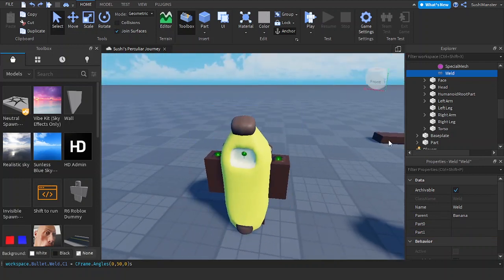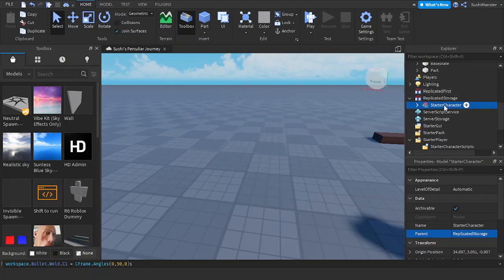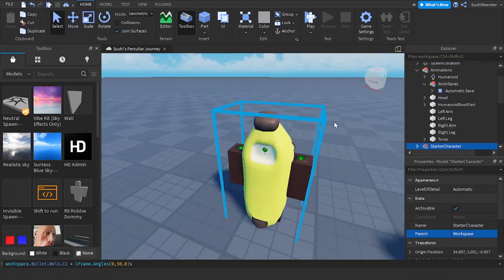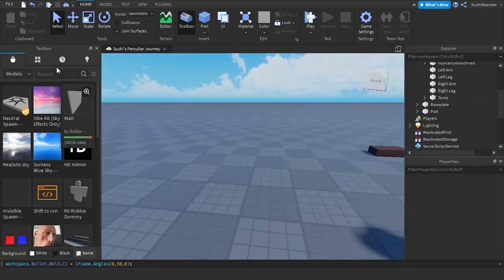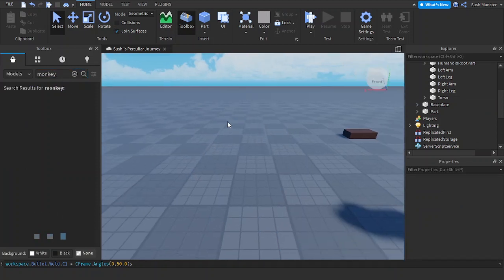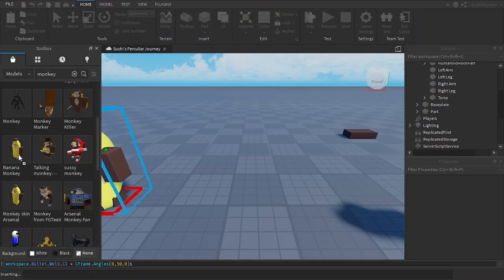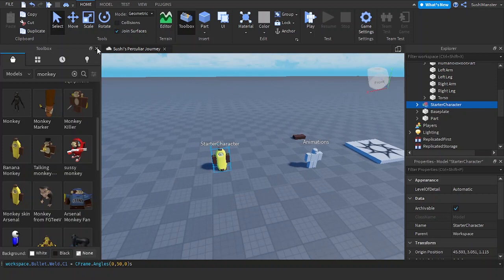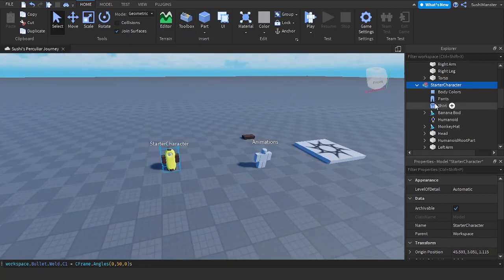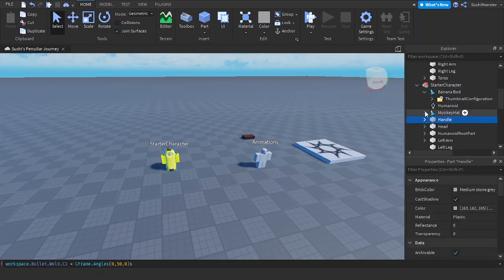Well, let's use weld constraint now. Hold on, what happened? Oh nah, it's messed up. Yeah, I'm just gonna use weld constraint, my bad. Banana monkey. Well, let's remove this and get this outside of the accessory,